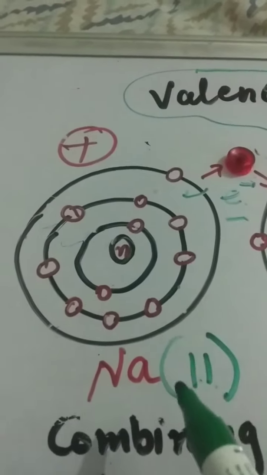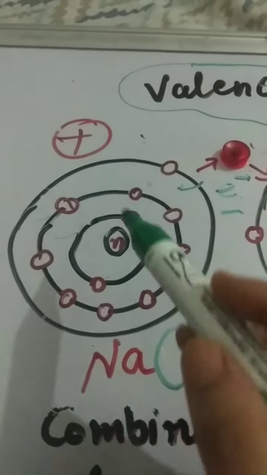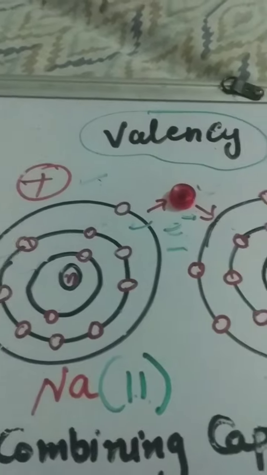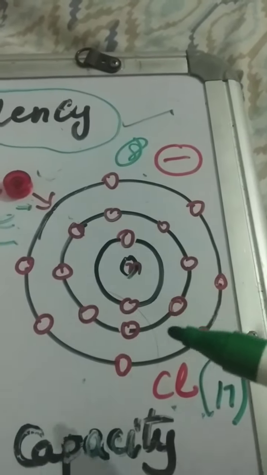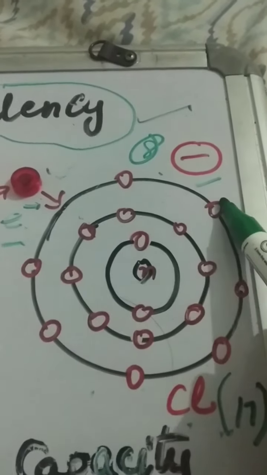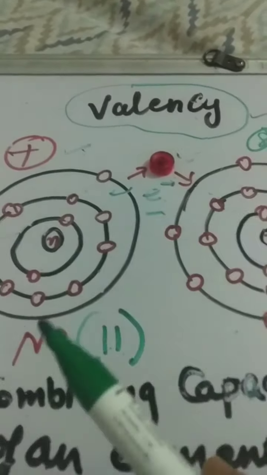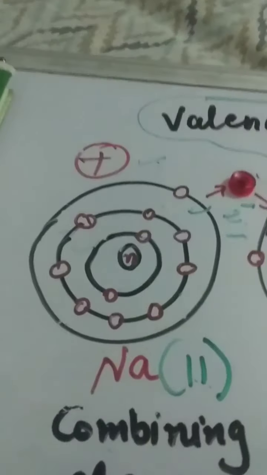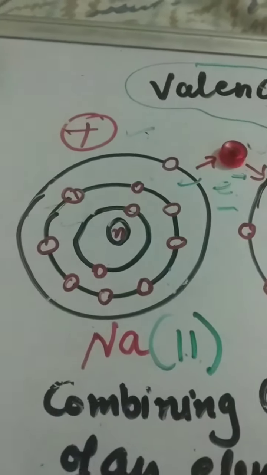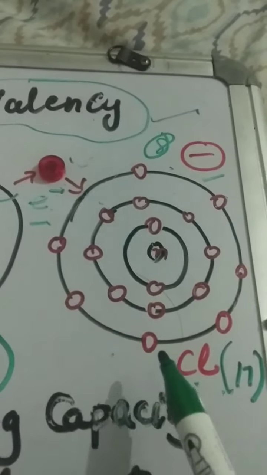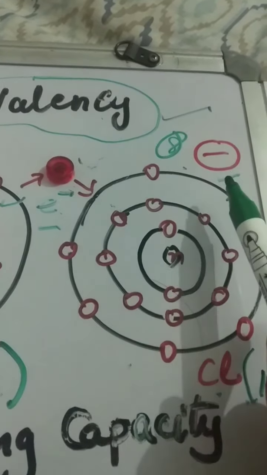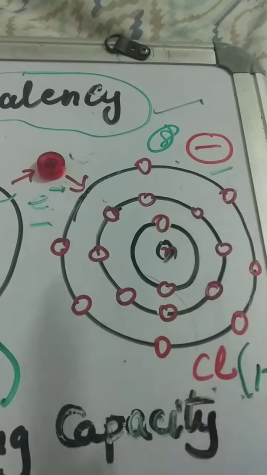When some element or atom gives an electron, we know which charge it will achieve: positive. When some element receives an electron from another, which sign does it achieve? Negative. Why? I explained all this in the structure of an atom. In sodium's case, the number of protons is more, that's why it has a positive charge. And in the case of chlorine, the number of electrons is more than the protons, that's why it achieves a negative sign.